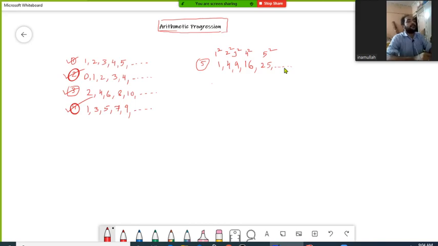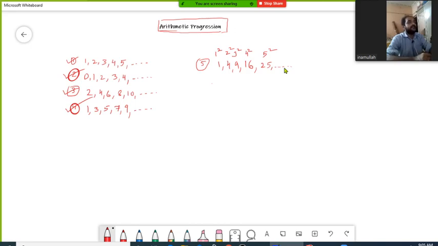Arithmetic progression is also a sequence, but this sequence follows a definite rule, and that definite rule is that the difference between any two consecutive terms of the arithmetic progression should be constant. For example,